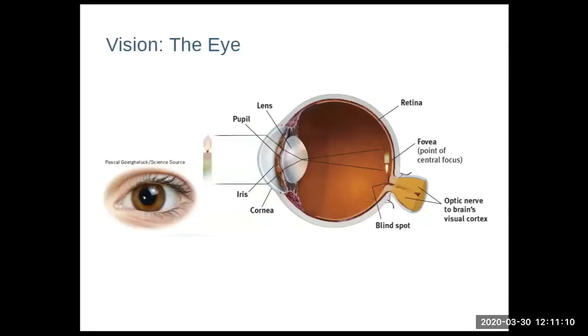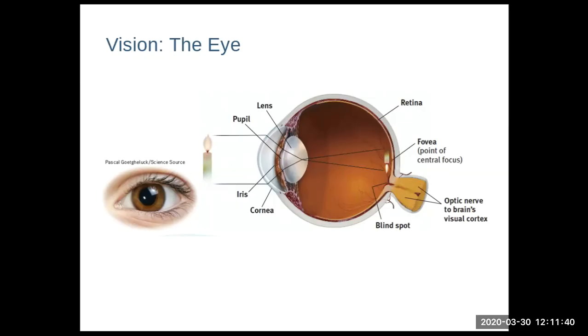So now when we look at the eye, we can see the outline of the eye. We are looking at the eye as a whole, but we will be focusing on that area in the back of the eye that's called the retina as we go through. So first, what are we seeing here? Well, we're seeing a person with a brown eye, and we're looking at the diagram of the eye to see what's going on. The eye is focused on, as you can see, a candle.